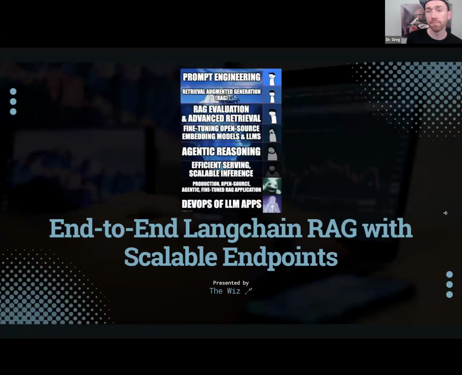So Wiz, show us how to put it all together, knowing everything we know now. Full stack, end-to-end, open source, production grade, enterprise RAG. Let's go. Okay, so the first thing I'm going to do is share very quickly how we would do